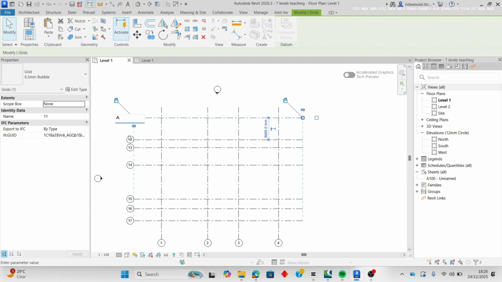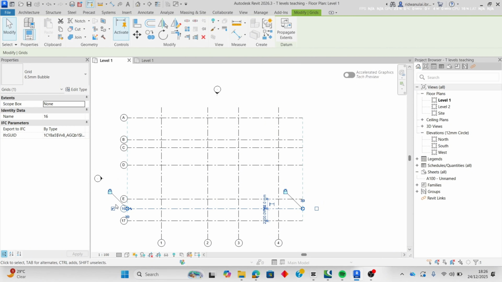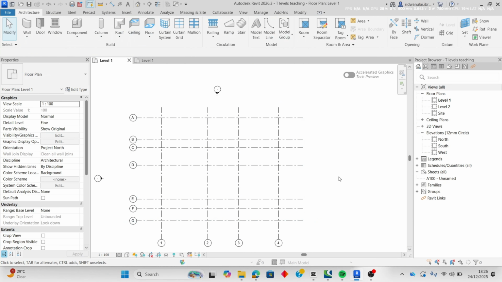Okay, so change this to A, change it to B, C, D, E, F, and G. Okay. So now the next thing we have to do is to start drawing the walls, the doors, and